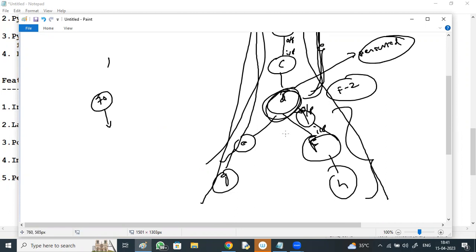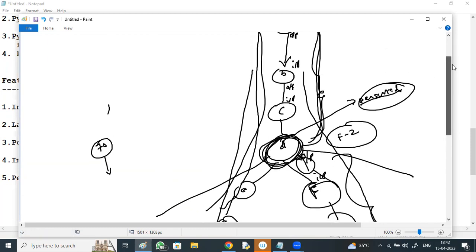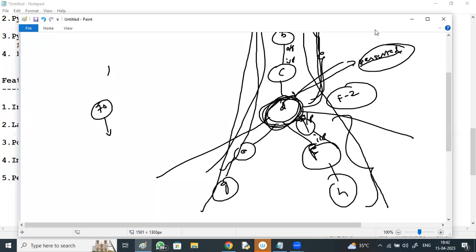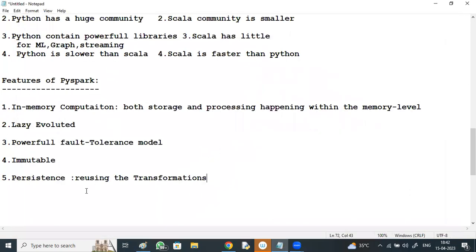The one whose output is commonly used by many flows, this flow also using, another flow also using, nearly 5 flows are using this output. The one whose output is commonly used by multiple flows, that one you persist. Persisting means make it available in the RAM so that many flows can reuse its output. Generally, we make some particular data objects available in the RAM itself, because its output can be used by many other flows. So if you persist it, it is going to be available within the RAM so that the other flows will take its output as input. That is what persisting means, reusing the output.